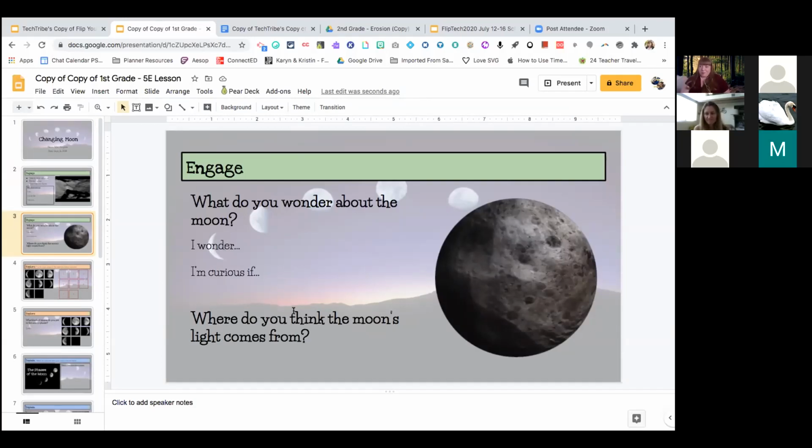We've been asked in the past, does this Hyperdoc or Hyperslide replace a notebook? I say no, it does not. Working in my special ed classroom three years ago, I used Hyperslides in conjunction with an actual science composition book. They go together. You can't have just the Hyperslide, because in science, especially now, kids are being asked to sketch and record and do things on the fly that they can't necessarily do on a Hyperslide or Hyperdoc.